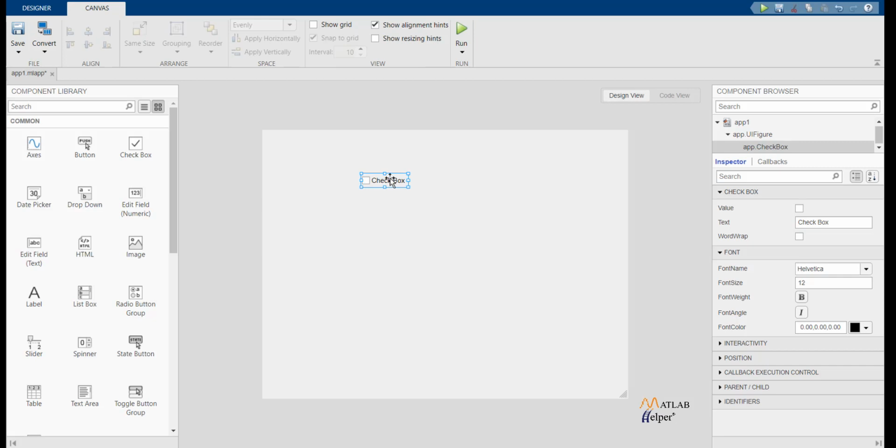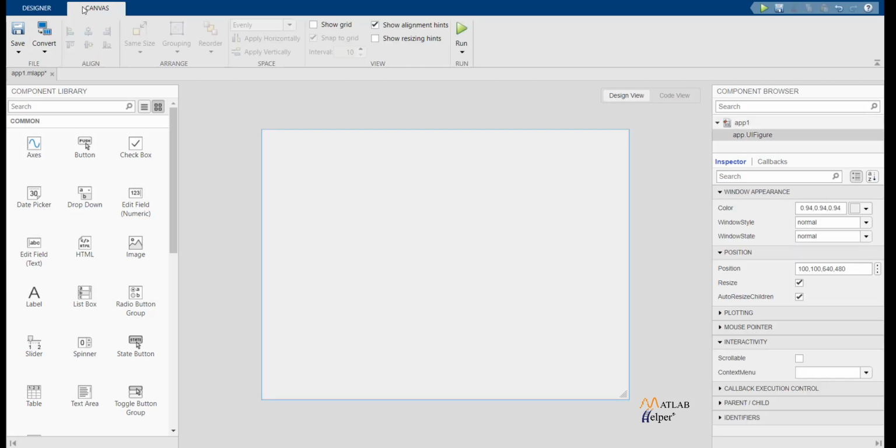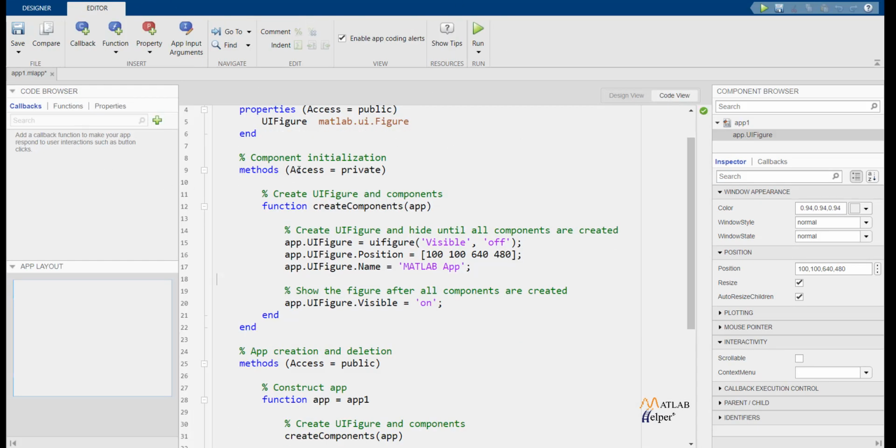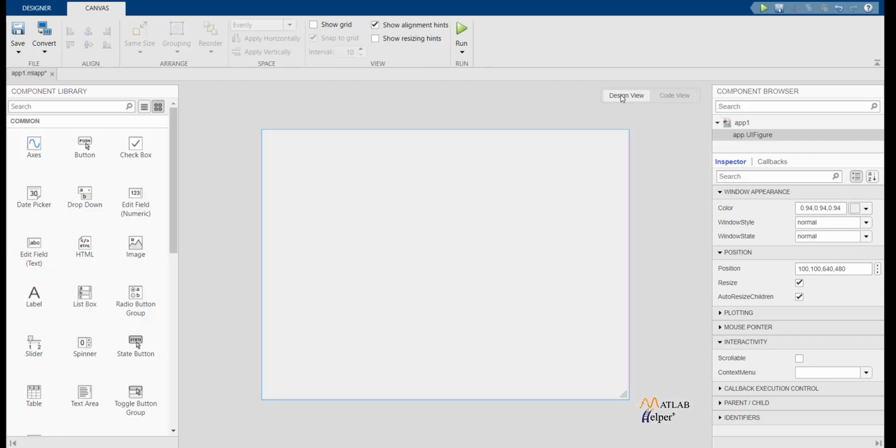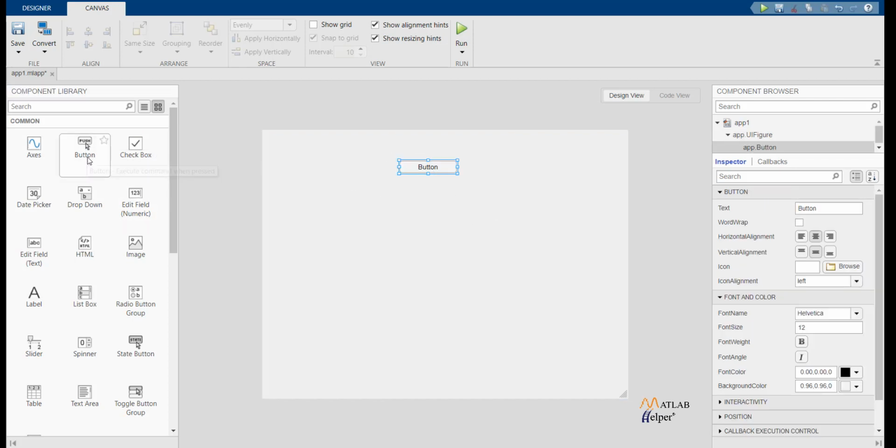Now over here you can see that there's a canvas, but the moment you shift to the code view, you have an editor. The editor has your basic editor functions that are there in your otherwise normal MATLAB screen as well. And the canvas, you can see that it shows show alignment hints, show resizing hints. So suppose I add a button here and I want to add another button here. You can see that there are these orange lines that are popping up on the screen. The dark orange lines show the extreme ends and the dotted line in the middle is showing the center. So I have that. I also have my resizing hints.